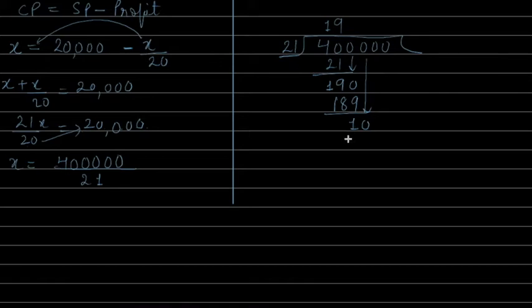Now this 10 cannot be divided, so we need to put a 0 in the quotient before we copy one more 0, right? How many times? It will go 4 times, 84. Subtract to get 16. Now there is the last 0 which we need to copy, which gives you 160. If you try 6 times, 6 ones are 6, 126, it will go 7 times. 7 ones are 7, 7 twos are 14. 10 minus 7 is 3, 5 minus 4 is 1.